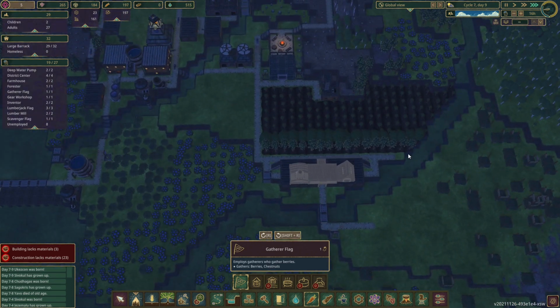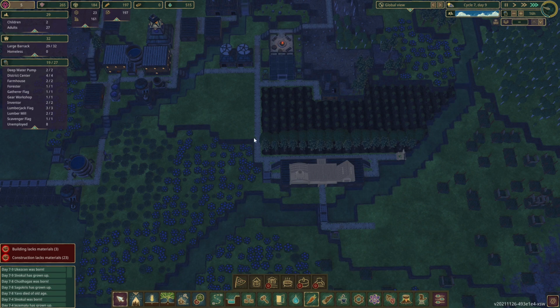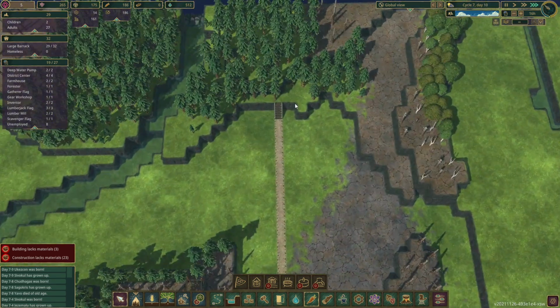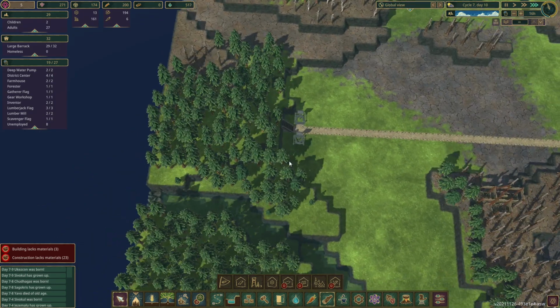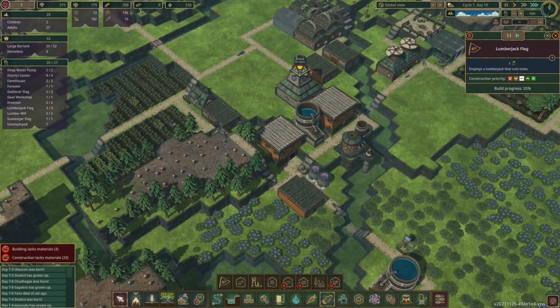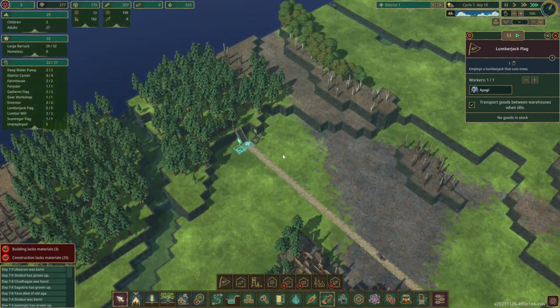I'm really hoping you don't get any berries in your range. Good. I only want you to grab the chestnuts. Right, this is being built, so let's put in some lumberjacks up here. We'll put in 2. Get them going. They've got nowhere to take their storage to, but I mean, I could always change this into a